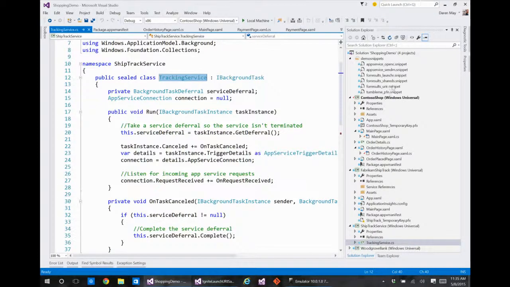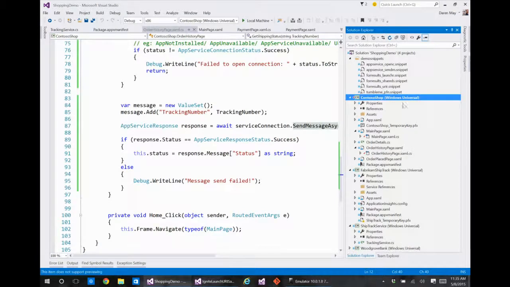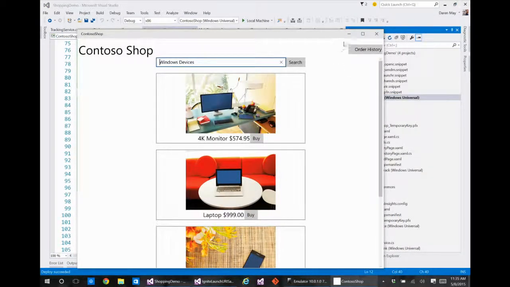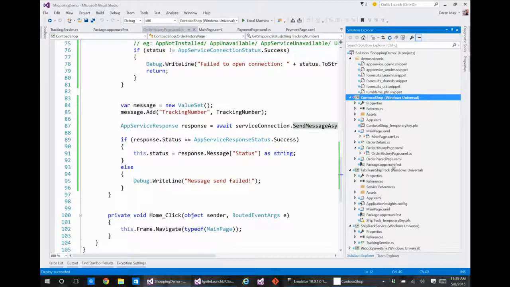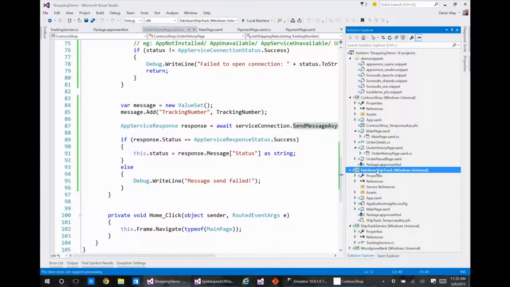So what I'm going to do is, first of all, I'm going to start my Contoso Shop. So that app's running. And I did Control F5 there, so it's not attached to the debugger, so that's just running away. I'm now going to set Fabricam ShipTrack to be my default project, my startup project.